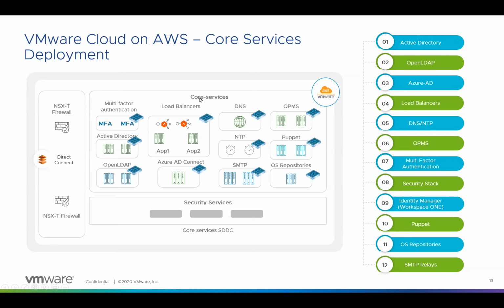And second, we used microsegmentation to create a zero trust network inside the SDDC. Using a zero trust network allows us to permit the traffic which is absolutely required and block everything else. By doing this, we were able to protect our core services inside the public cloud.